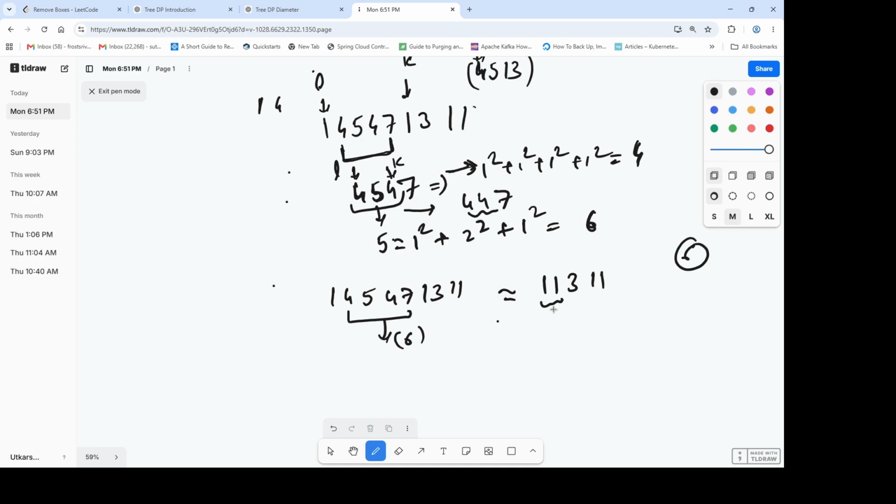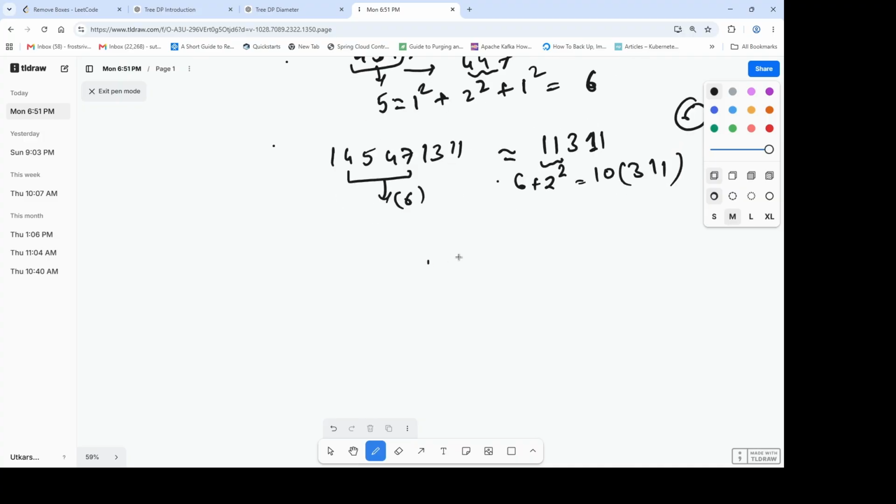Now whether we can remove these two on the spot, or we can keep them for our future use, right? If we remove this on the spot, then it will be 2 square, plus till now the sum is 6, so it will be 10. Till now, I mean, 3 1 1 are still remaining. But if we keep this for our future use, then it may be possible that we encounter another matching one in the future. So again, if we see, we have encountered 1 K, so now this is L,